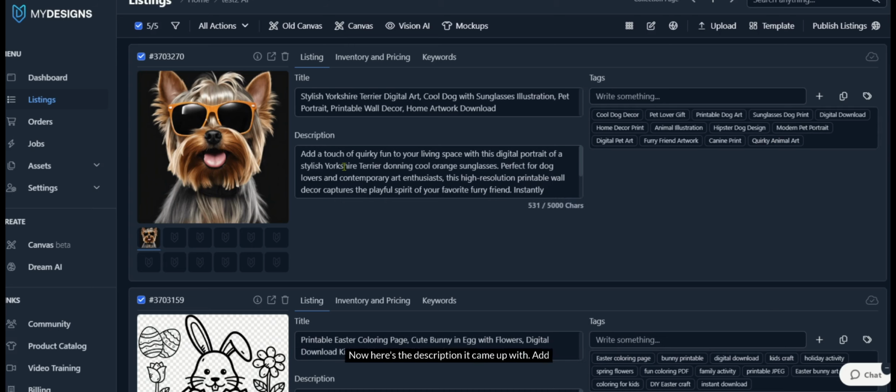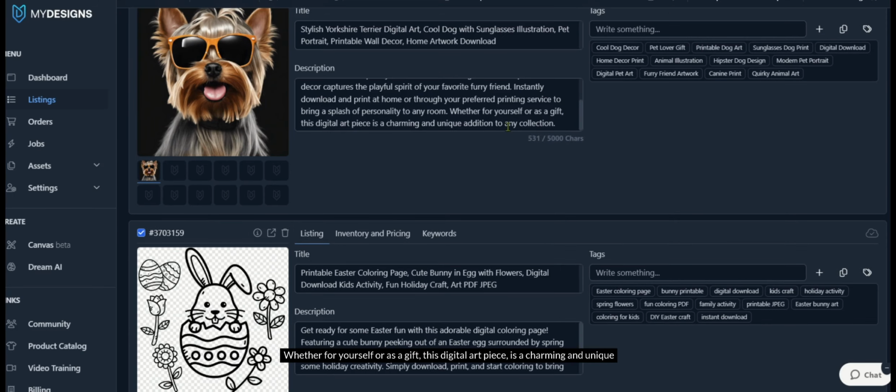Okay, now here's the description it came up with. Add a touch of quirky fun to your living space. This digital portrait of a stylish Yorkshire Terrier donning cool orange sunglasses, perfect for dog lovers and contemporary art enthusiasts. This high-resolution printable wall decor captures a playful spirit of your favorite furry friend. Instantly download and print at your home or through your preferred printing service to bring a splash of personality to any room. Whether for yourself or as a gift, this digital art piece is a charming and unique addition to